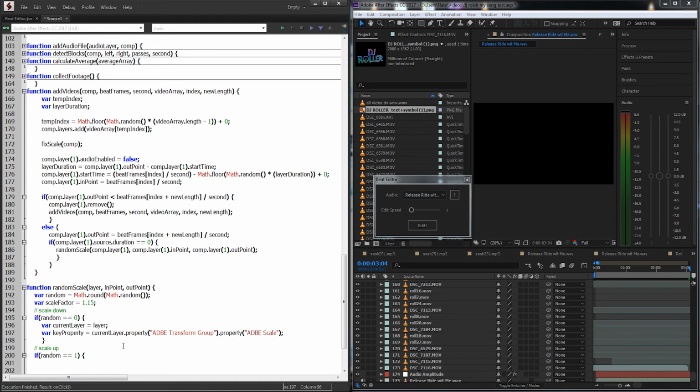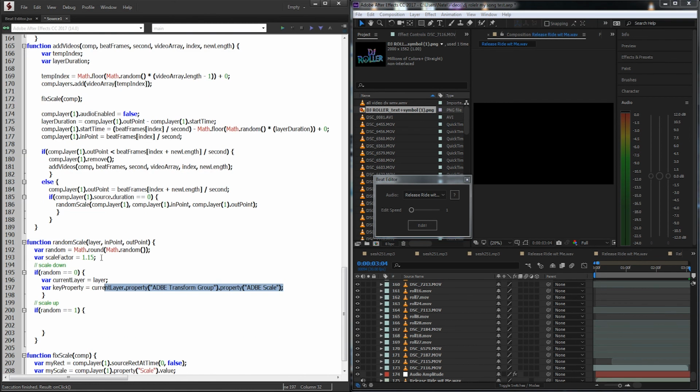Now you might notice I'm using Adobe transform group and Adobe scale rather than just property scale. The reason for doing that is because this is multilingual supported. I don't know why I didn't change it up there, but it should work in all languages. Then we'll say two keys